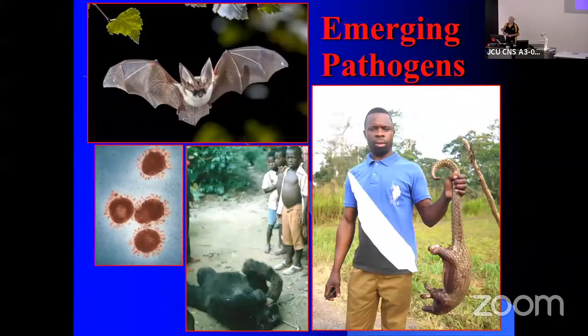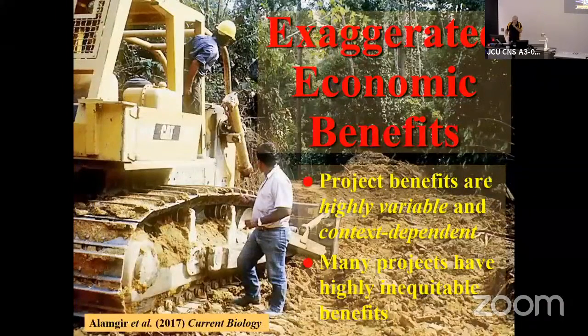Now, something that people are talking about a lot recently is emerging pathogens. And we know also that these roads, as they're going out and opening up new frontiers, are putting people, hunters and others, into close contact with wildlife, which of course carry as part of their natural biology various kinds of pathogens, which can then become zoonoses, which can infect humans. And what we've all been hearing about pangolins, that's from Congo Basin in Africa, about bats, and then primates, of course, have been another source of important pathogens, for instance, such as HIV. So that's another issue. Another thing, we could just touch on this a little bit, sort of the tip of the iceberg, but